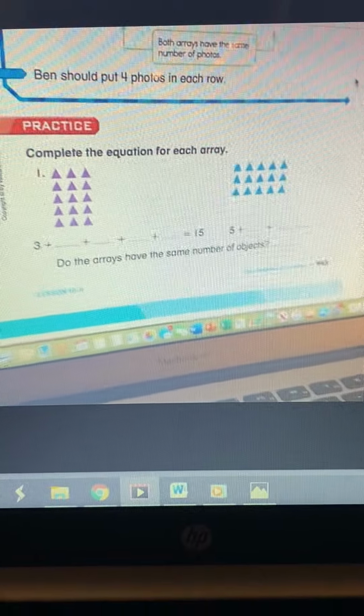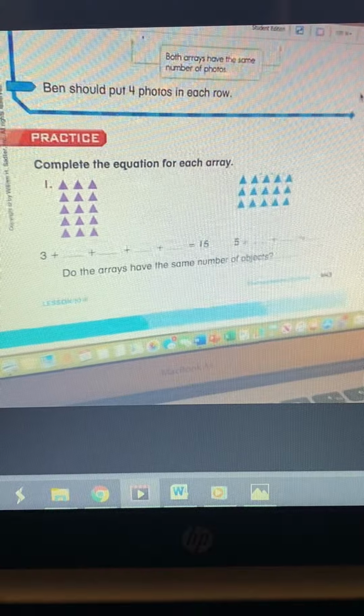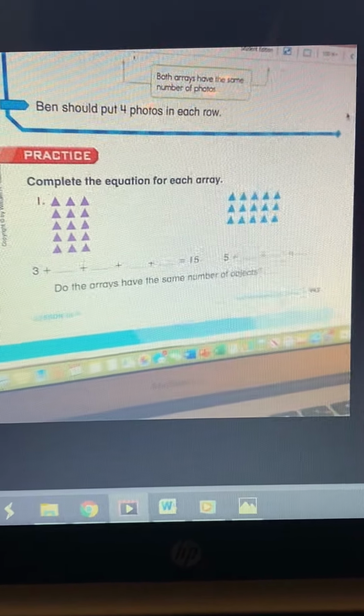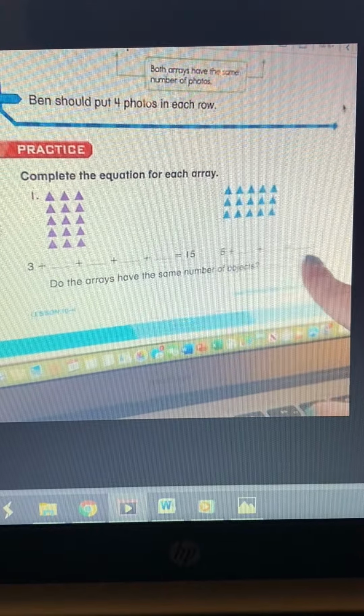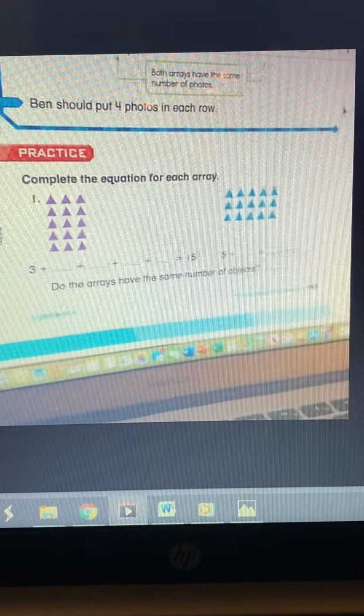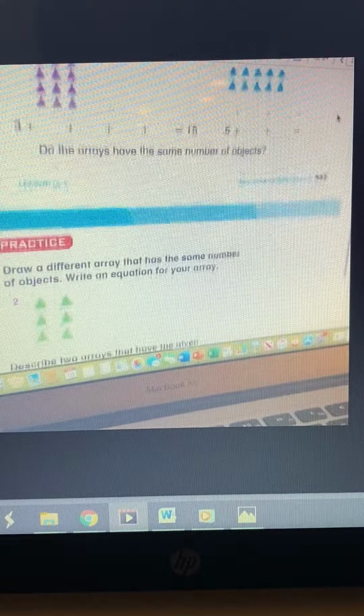So the question is, do the arrays have the same number of objects? And the answer is yes, because 15, and then we have 15 here. And let's make sure we are filling in our answers. So let's move on